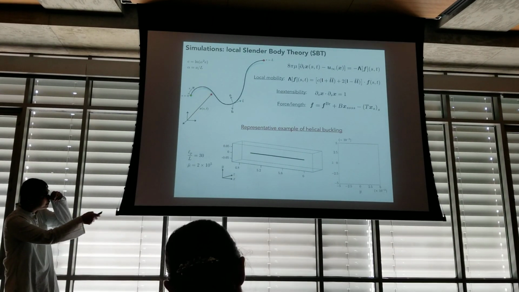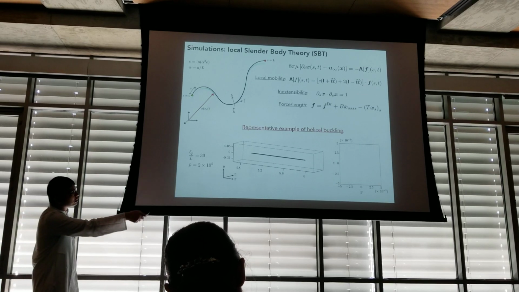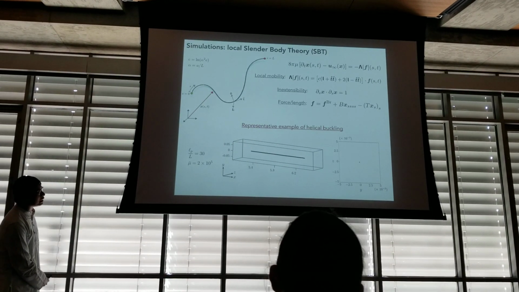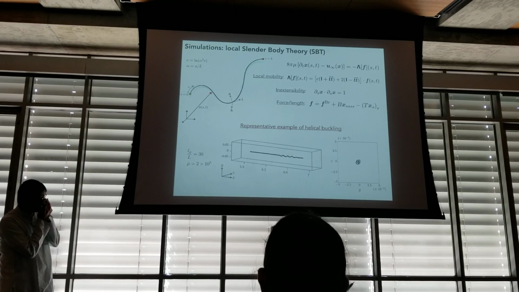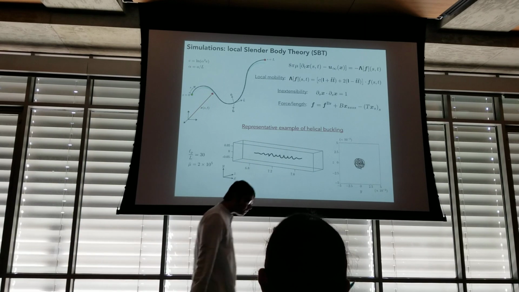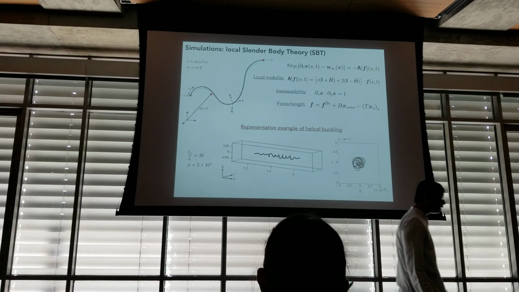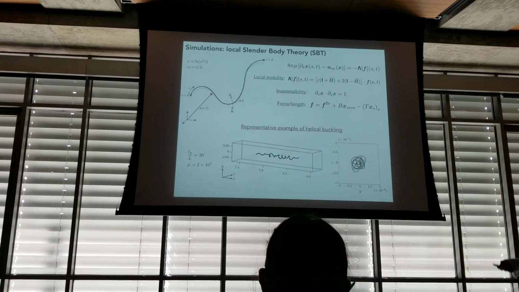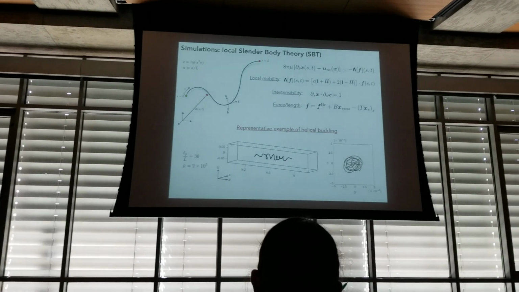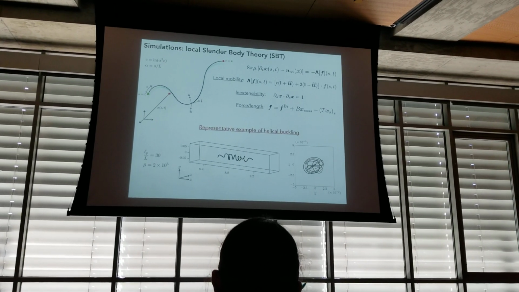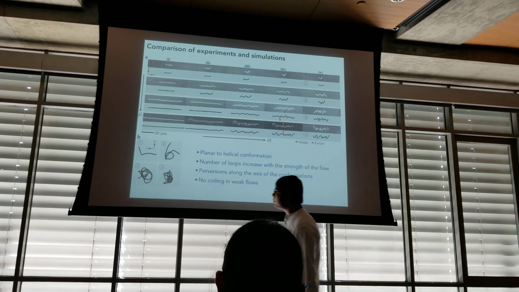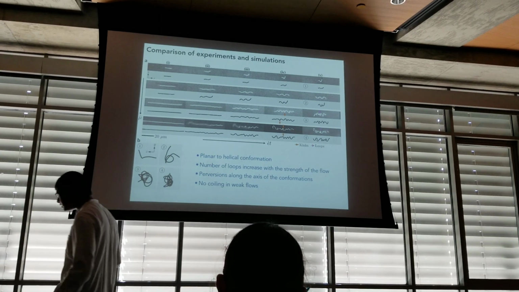Over here, you'll see the filament conformation, and this will be the projection of the cross section. So you see the filament moves, it experiences compressive viscous forces, and that leads to buckling instantly. Right at the onset, the buckling is actually planar, but almost immediately you see this three-dimensional structure emerging. The coils develop, and then the whole structure gets compressed by the flow, and you have finally a 3D helical structure. This is a quantitative time-resolved comparison between my simulation and the experiments, and we have a very good agreement.